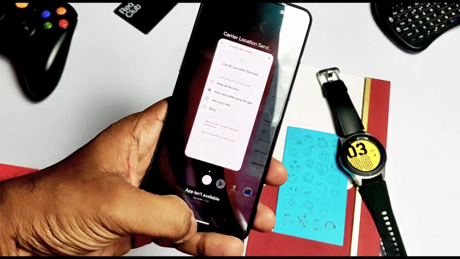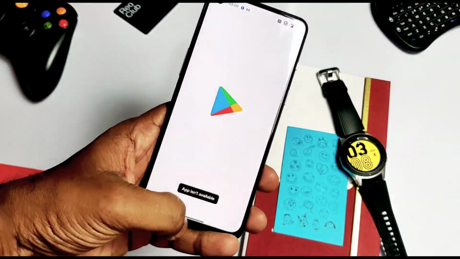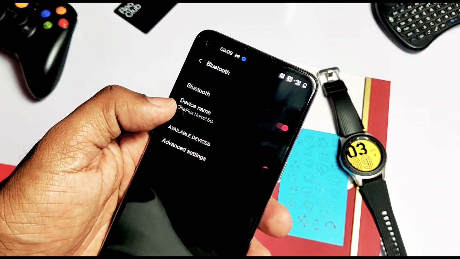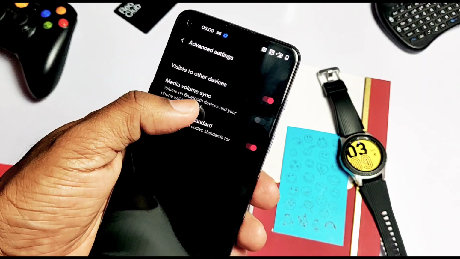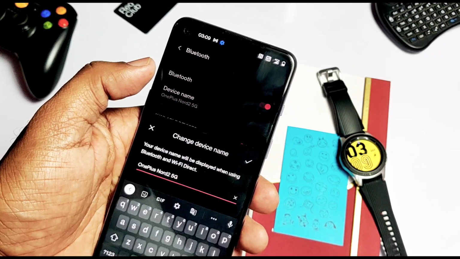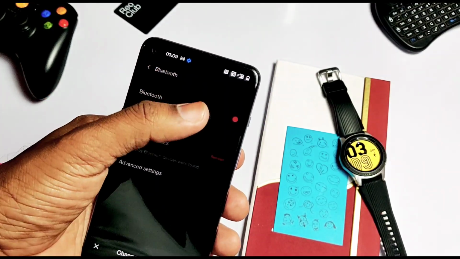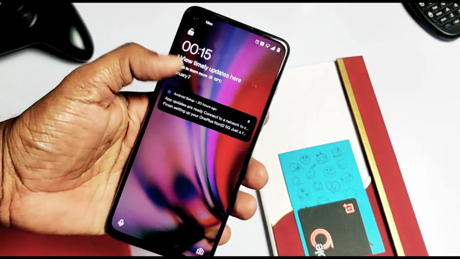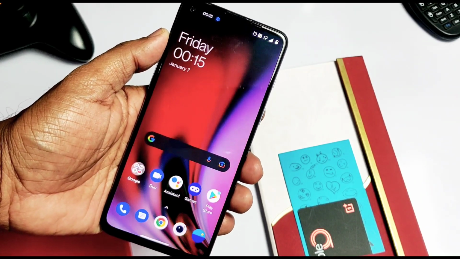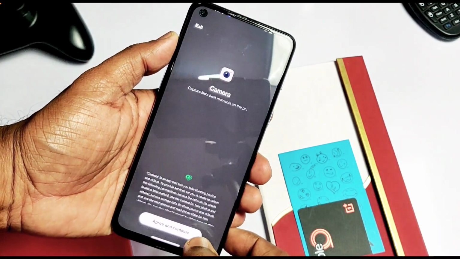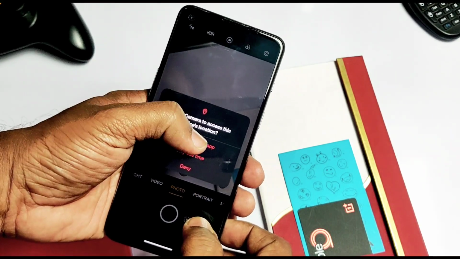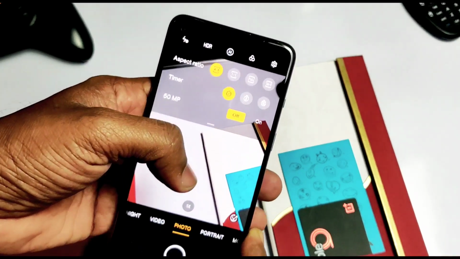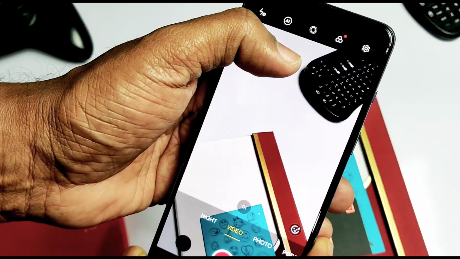As per the changelog, they have improved some system stability. Bluetooth calling issues have been fixed. I think it's the same changelog as the A15 update, which was still not fixed in the old update. After fixing those bugs, they released this new update A16. Next, the AI function in video recording has been improved. Autofocus has been improved in the AI mode, so the camera focuses on the object immediately after turning on that feature. So that's all about the new update.